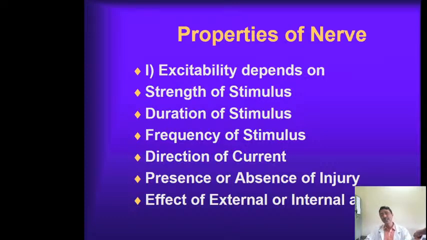Any change in the external environment of the neuron will act as a stimulus, and that stimulus will affect the neuron and cause certain changes. The ability of the neuron to respond to these changes in the environment, or to respond to the stimulus, is called excitability. On what factors does excitability depend? Excitability depends upon the strength of the stimulus, that is, how strong the change in the environment is, how frequently it is present, and how long it is present.